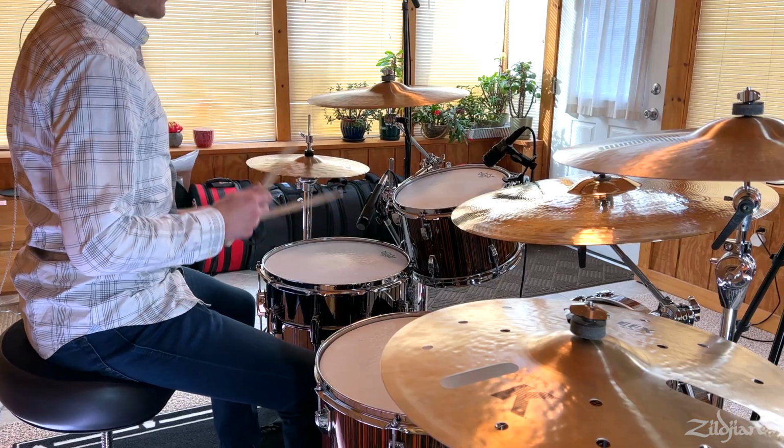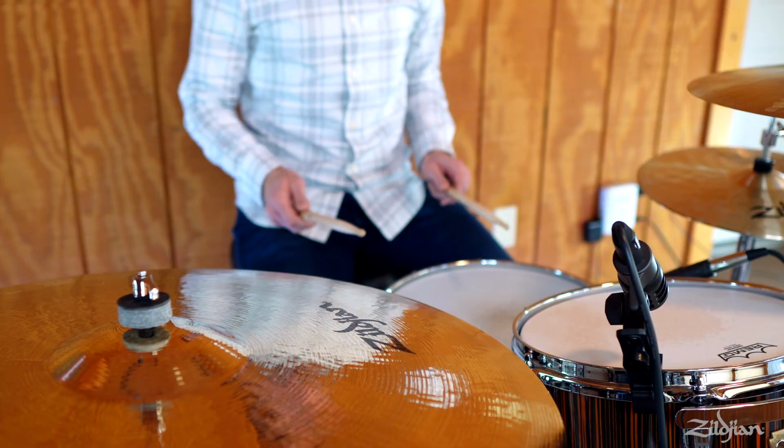Now to get familiar with this groove, let's take it nice and slow. Play along with me for the next 16 measures at 60 BPM. 1, 2, ready, and...